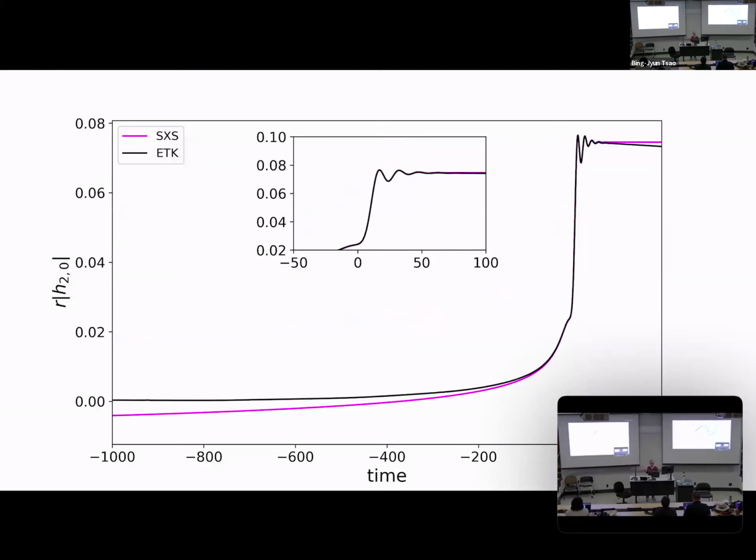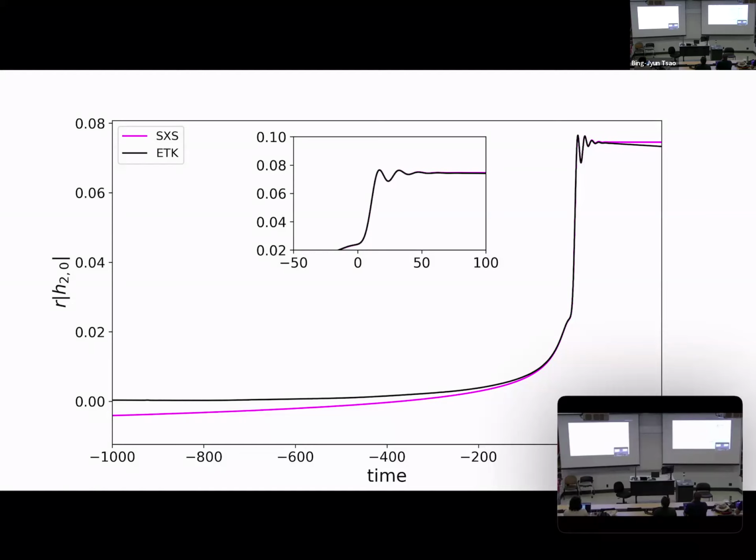This next one looks like less agreement, but after looking at my data, while I was preparing these slides but didn't have time to do an analysis, I think this is just that they're in a slightly different frame. So this is specifically the 2-0 mode, and this is what's called the memory mode. And so you can see how when you combine this with the 2-2, you get that waveform I showed you earlier that looks like it's going up.